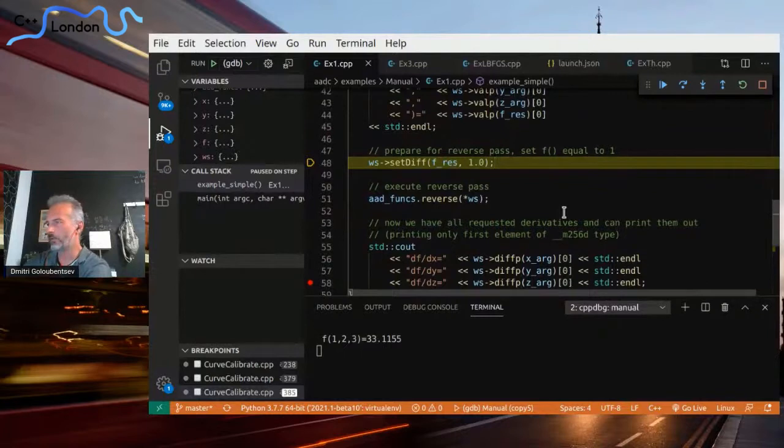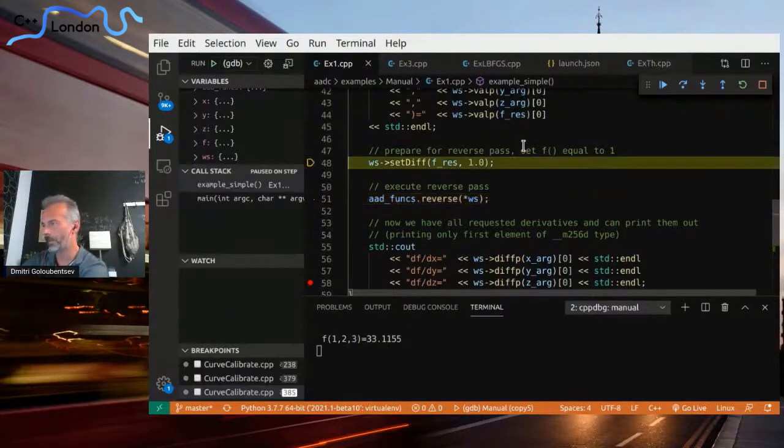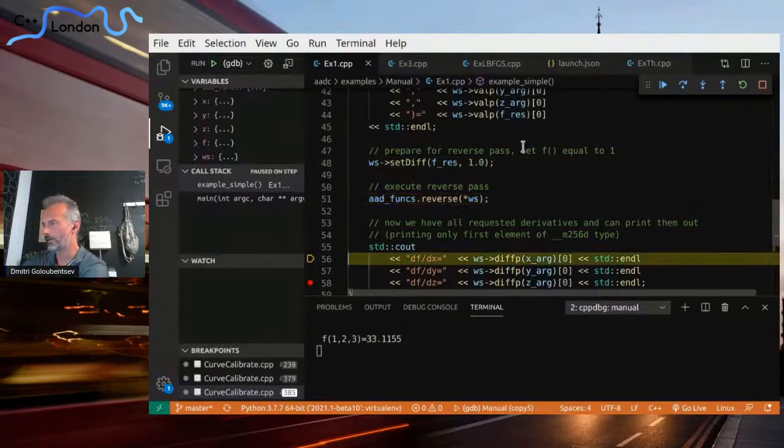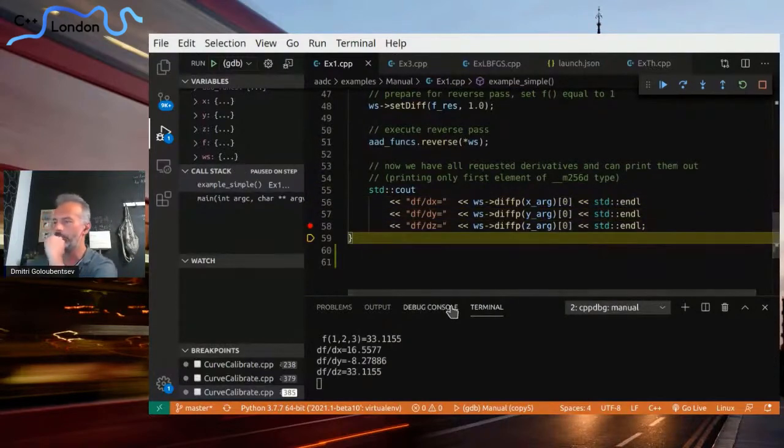So now for the differentiation part. What do we want? We want to set the gradient of f to 1 for our result, and we call reverse to execute adjoint differentiation on this graph. Okay, now it's done, and we can print out the derivative of f with respect to x, y, and z at this point. Right? So this is a basic example